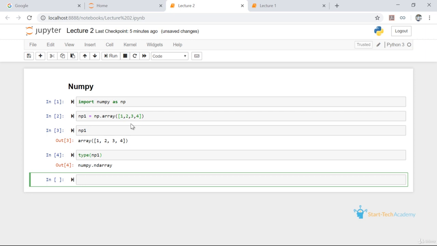To create a matrix, you have to pass two lists. It's a nested list in which there are two lists. So we'll write mat1 equal to np.array, and in parentheses we'll write a nested list which contains two lists.